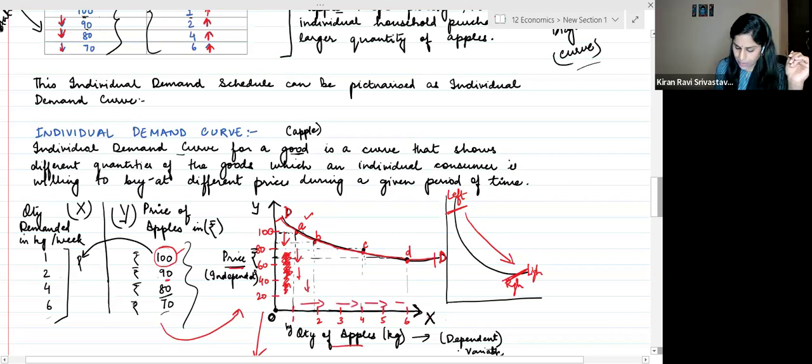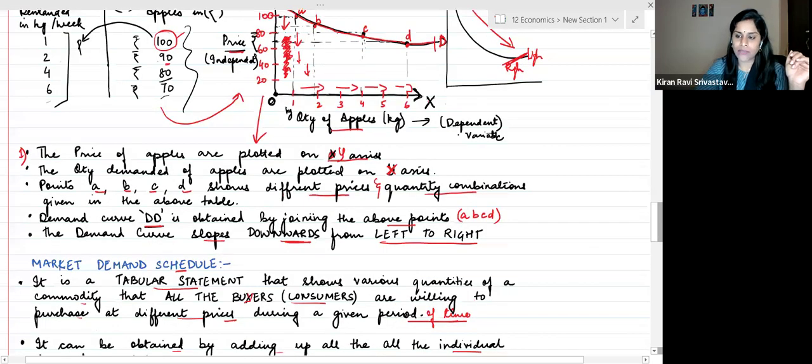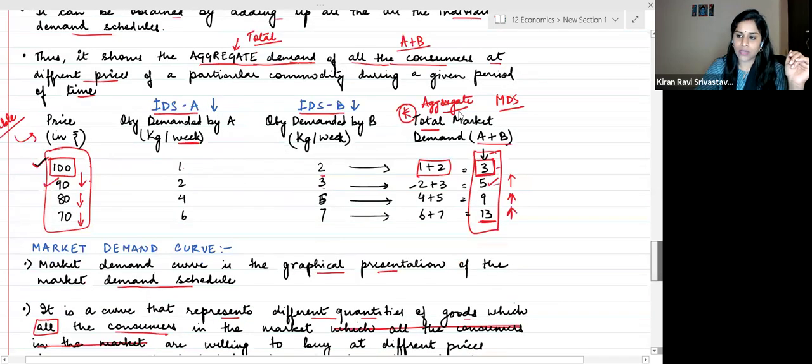That is why my curve goes this way. So with this, I have explained the law of demand through the demand curve and demand schedule. Now tell me one thing,